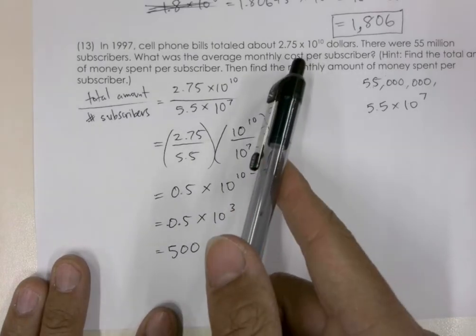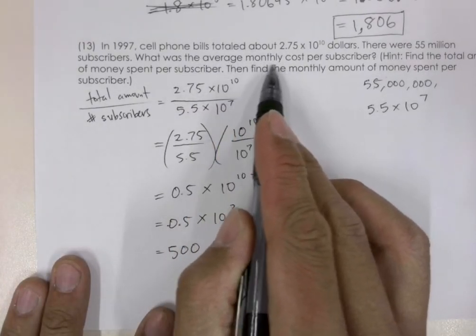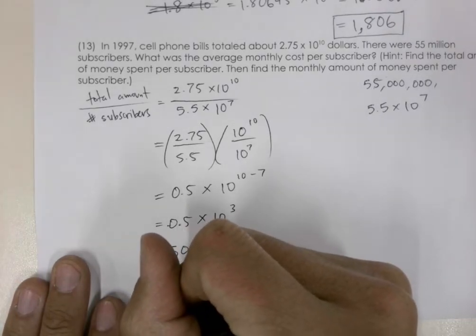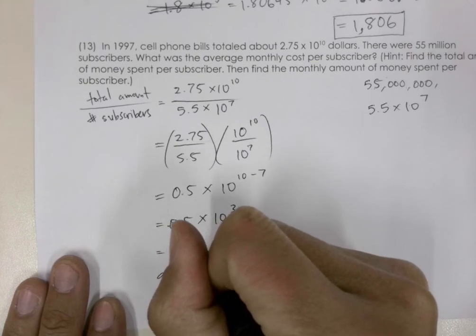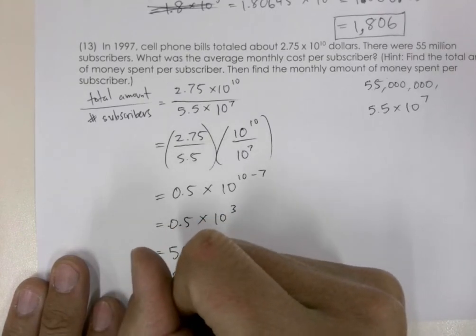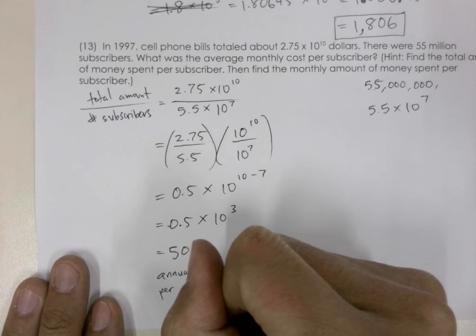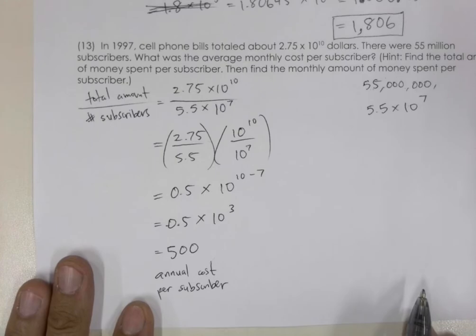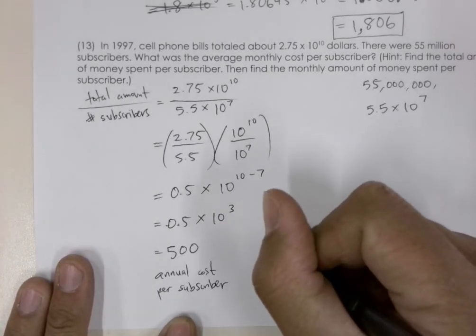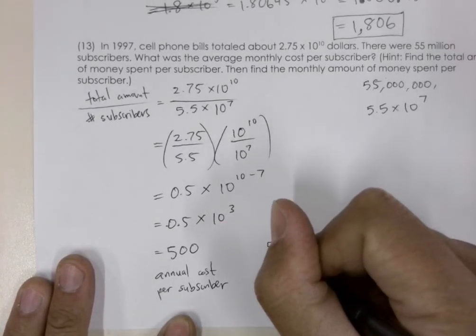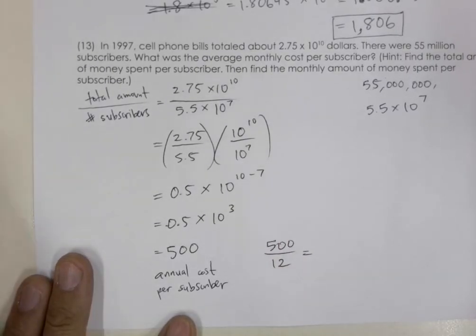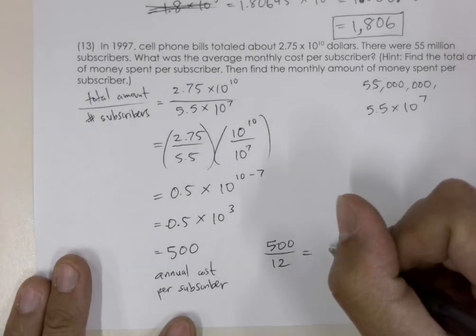But the question is asking us what's the average monthly cost per subscriber. So this is the annual cost per subscriber. We want to find the average monthly cost. So we're going to take 500 and divide that by 12 for 12 months. So we'll get 500 divided by 12 is equal to